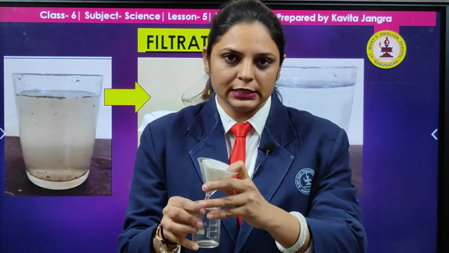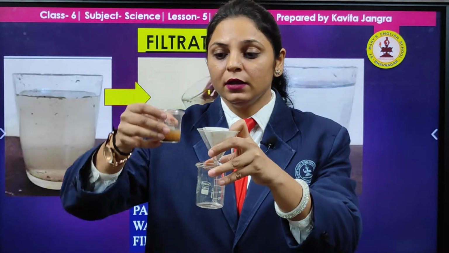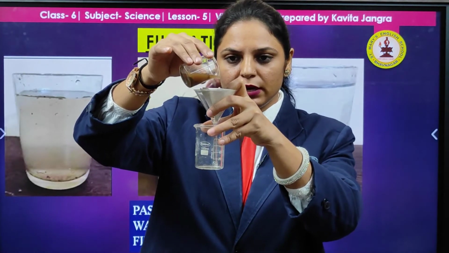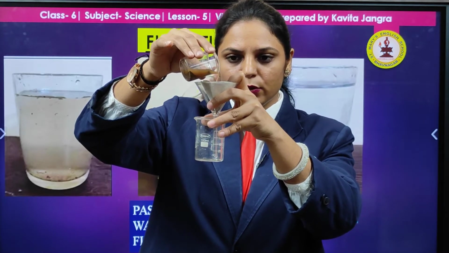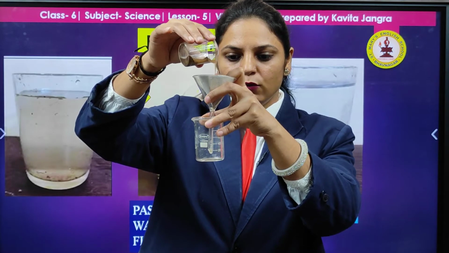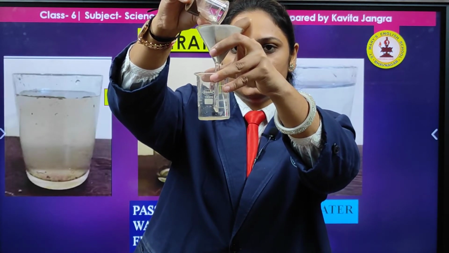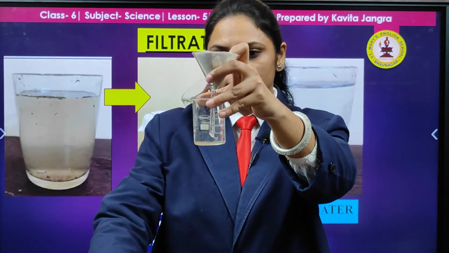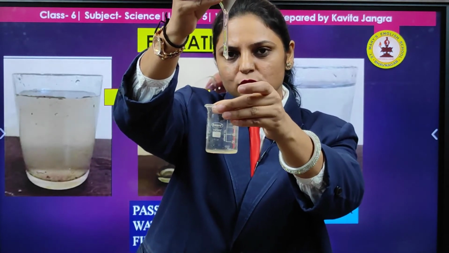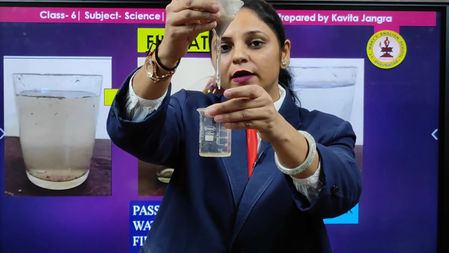And I want to filter this. That means I don't want any soil particles. This is the mixture. What am I going to do? I am just going to put it on the side slowly and slowly. You will see that water is just coming down when I put it into the funnel. You can observe over here, this water is dropping. This water is actually filtration.